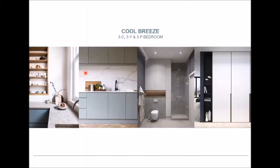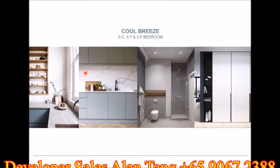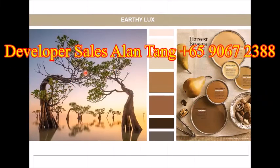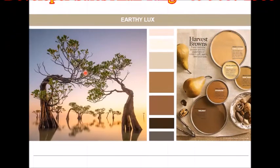So we are targeting younger adults or younger families, where we think this one will suit the color palette very nicely. So this is for the cool breeze. Then for the larger units, 4BR and 5BR, we have taken the concept of an earthy lux color palette, where